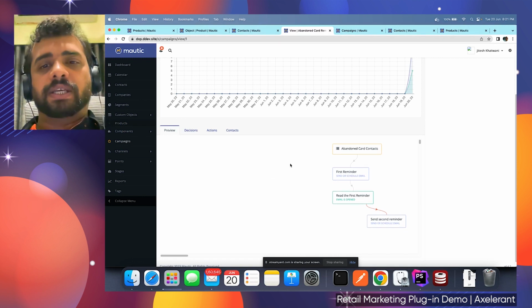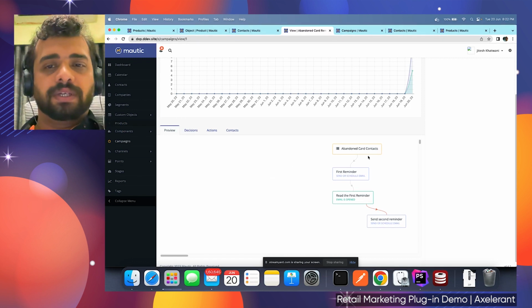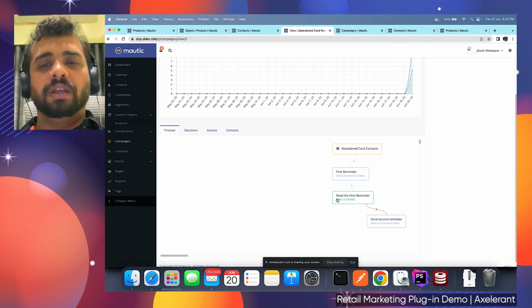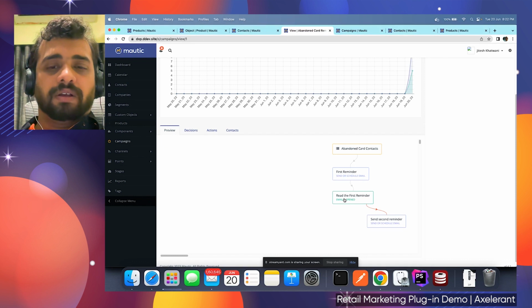So here you will see this is the flow of our campaign. The first thing is to add the contact into the cart that is in the campaign which got added. Then as soon as the cron will run, the first reminder will go. We'll see whether the user has read the email or not, the reminder we have sent or not, and then we'll send the second reminder. But for now in this demo we'll show you the first reminder, then we'll show you